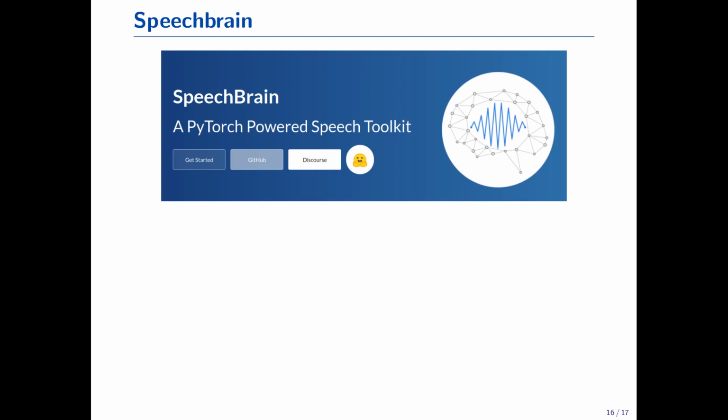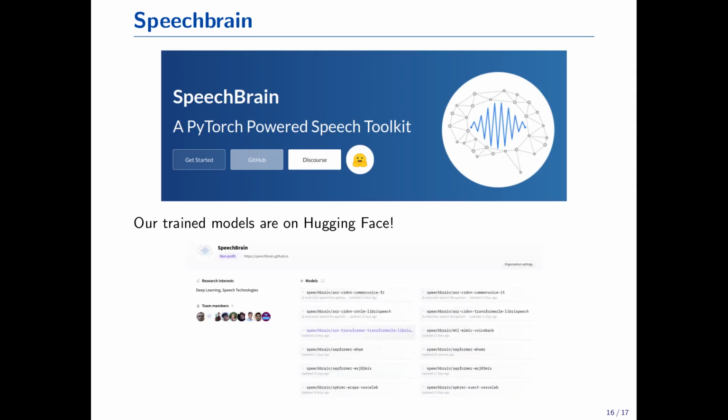So as you can see, the results are promising, to say the least. We are quite excited to share these results with you. And one other thing that we are quite excited about is the SpeechBrain toolkit. This project has been part of the SpeechBrain toolkit, which has recently been released. And you can find all of our code and all of the pre-trained models within our repository and on Hugging Face.